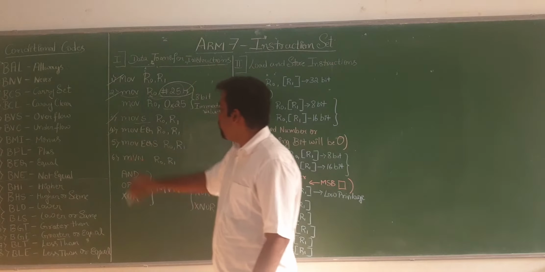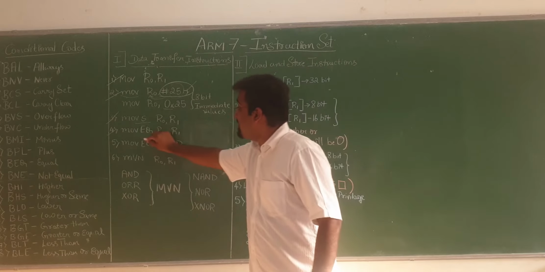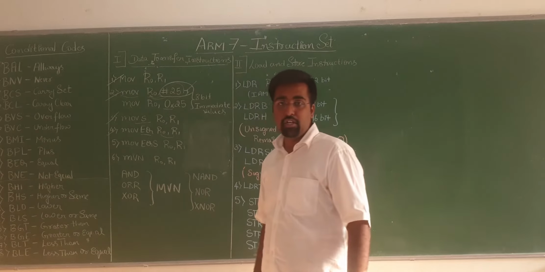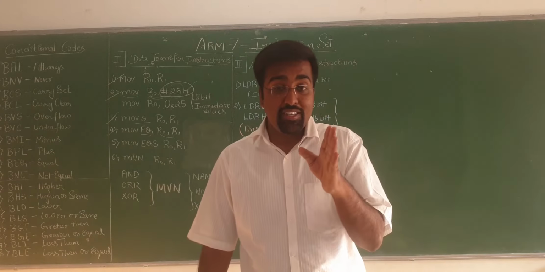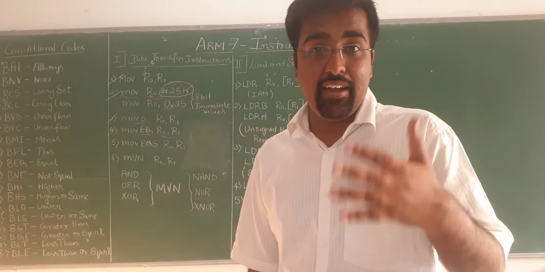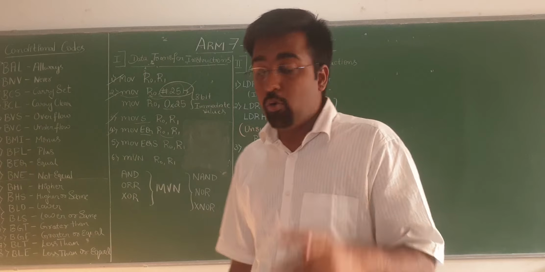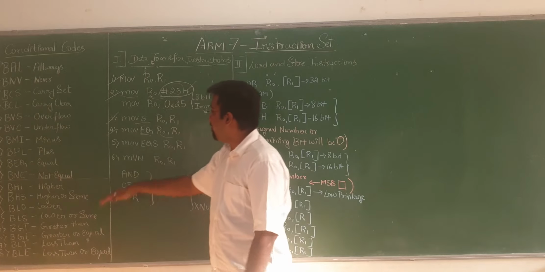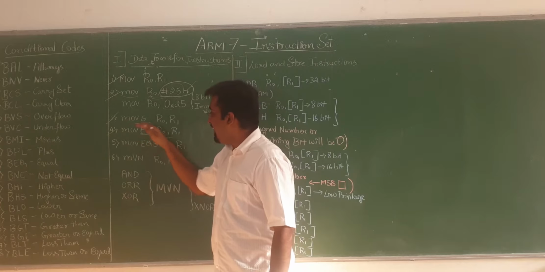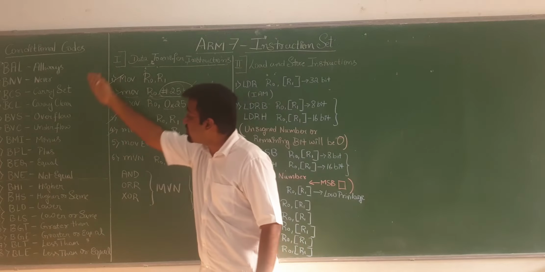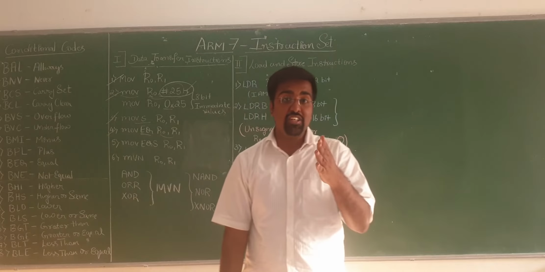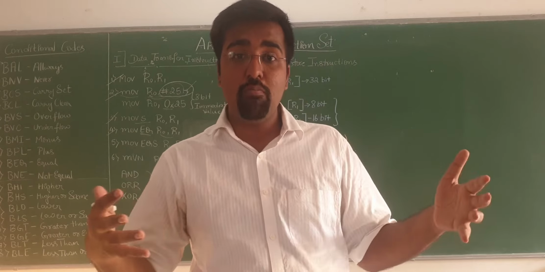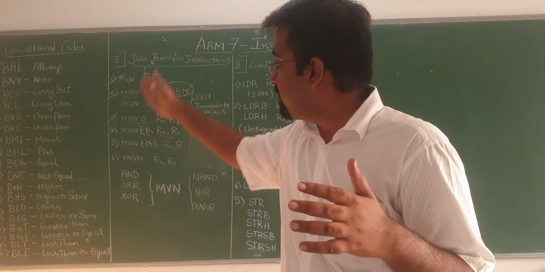Next we have MOVEQ. If the previous instruction is equal, then you move the content of R1 to R0. Are you able to understand? I will not be repeating again and again. Understand once. EQ is a condition code. These are all the condition codes. I can attach MOVNE or MOVHI or any other codes which I have listed here. The intention of writing these codes here is that for any instruction we will be discussing in this whole module, I can attach all the codes which I have listed out here.